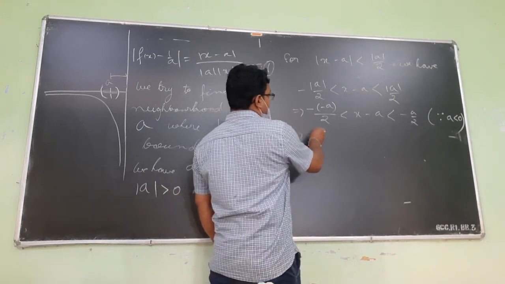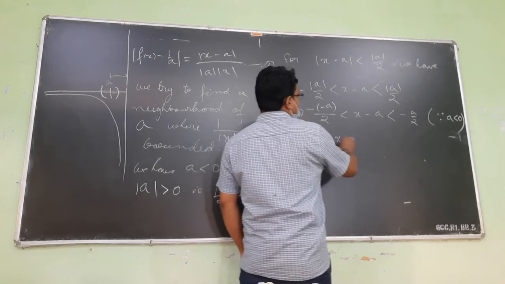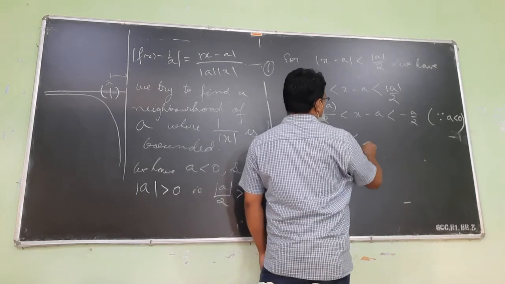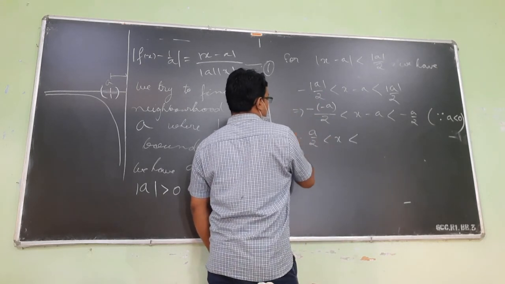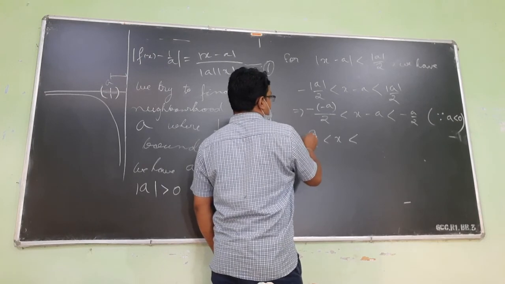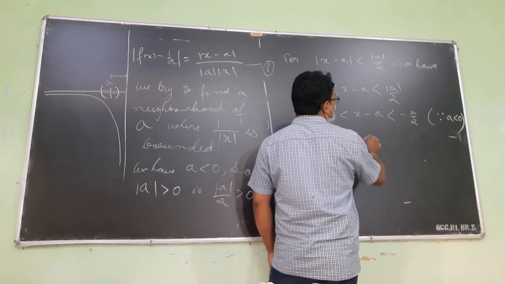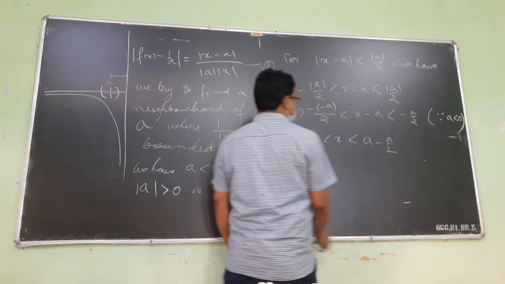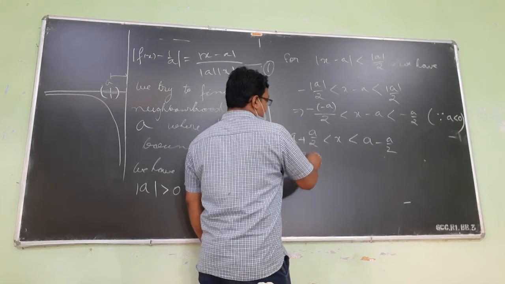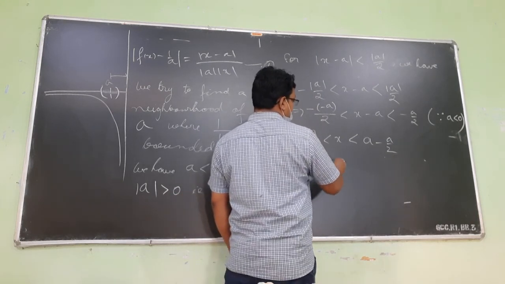So from here, what do you get? a minus a by 2 is less than x, and x is less than a plus a by 2. So 3a by 2 is less than x less